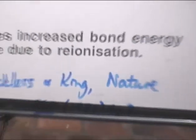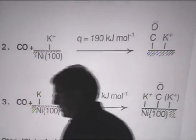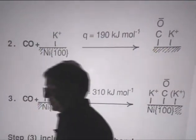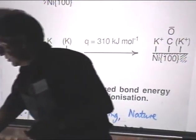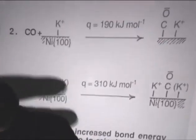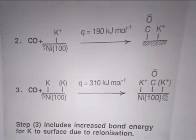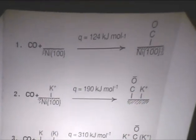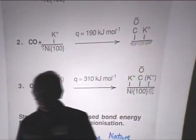monoxide, there is an increase in the heat of absorption of the carbon monoxide. And these are our own calorimetry data, so this is for single crystal nickel 100. Heat of absorption on the clean surface, about 124 kilojoules per mole. When you pre-adsorb a small coverage of potassium, that initial heat of absorption goes up very substantially to 190 kilojoules per mole. When we published this in Nature back in 1992, we believed the current model, which was the model